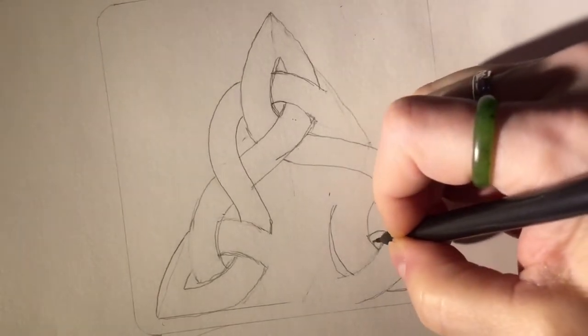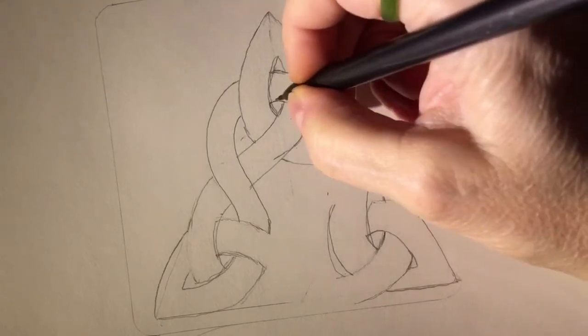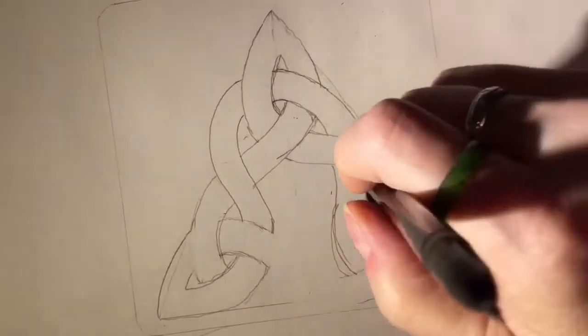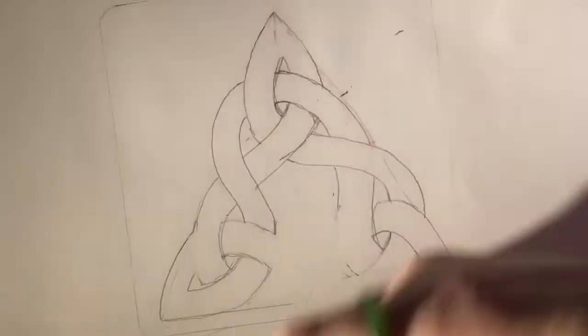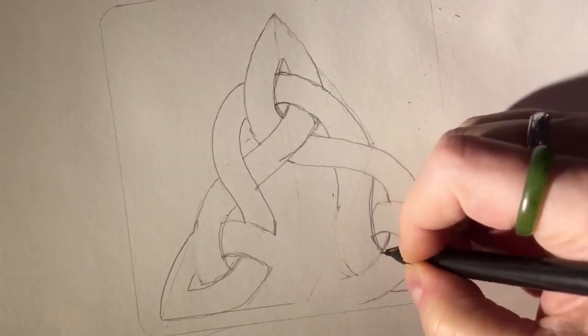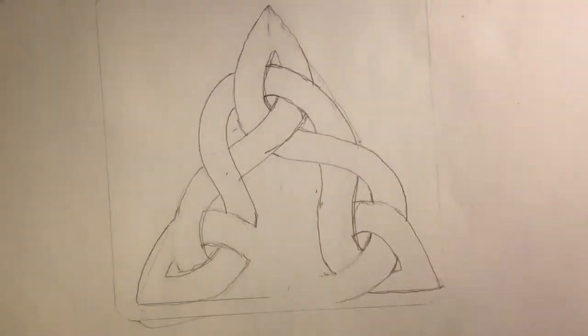Okay, then we're going to connect this here and this here. Now do a little cleanup on this side. We've got that. Okay, the last thing we have to do is connect on this line,